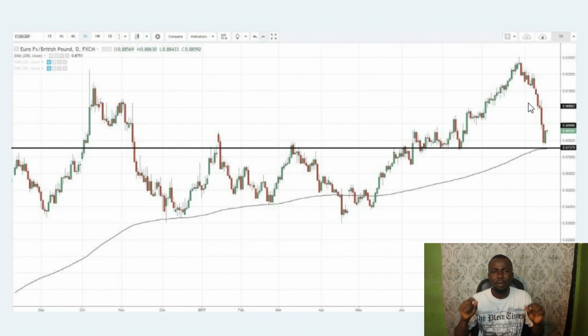Remember that during the healthy trend, the support can become resistance. So you should be able to know how to identify the trend, know whether the trend is a strong trend, or a healthy trend, or a weak trend. These things are very important